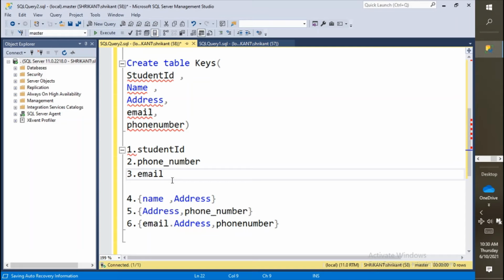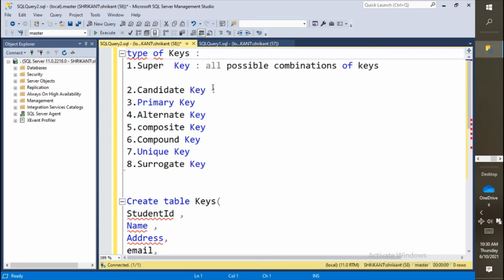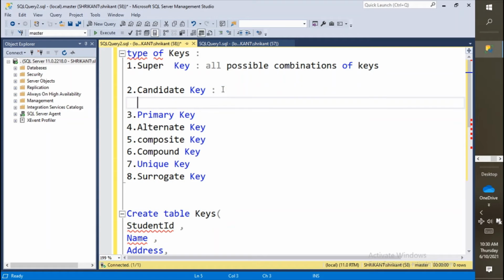I can say these are 3 keys which can represent the minimum combination and which can represent uniqueness in a table. So I can choose these 3 keys as candidate keys. These are candidates for uniqueness, minimum set.